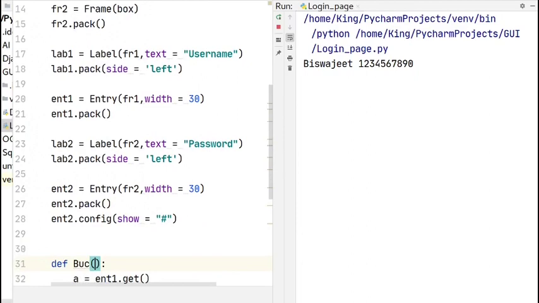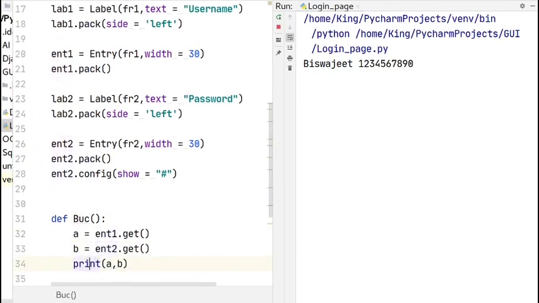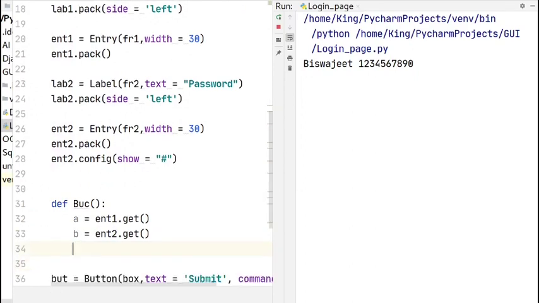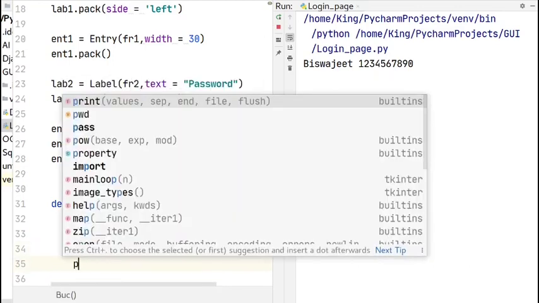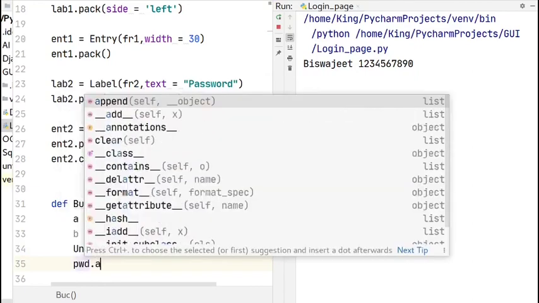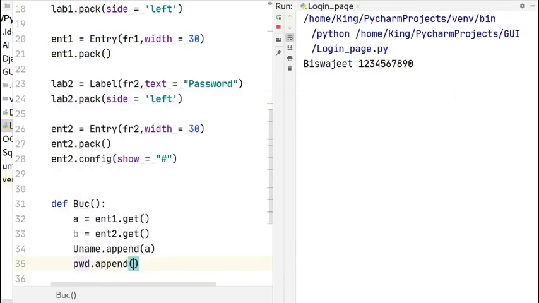So the uname list is going to hold the values of username, and pwd is going to hold the values of password. So what I'm going to do, uname dot append a. Similarly, pwd dot append b.